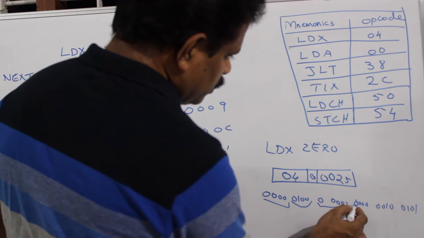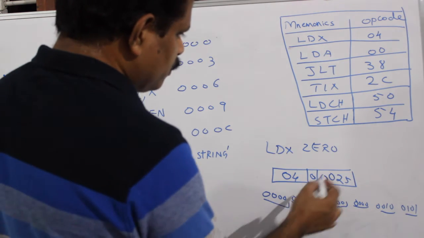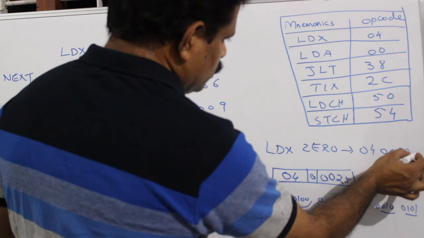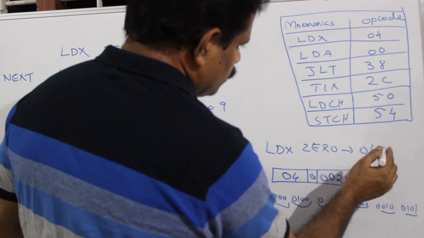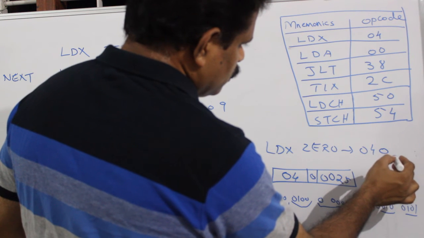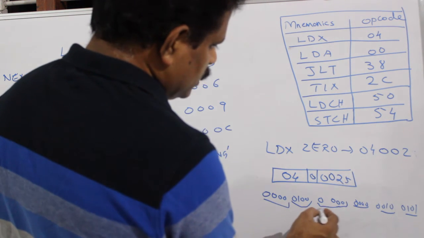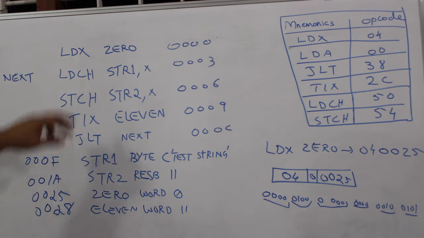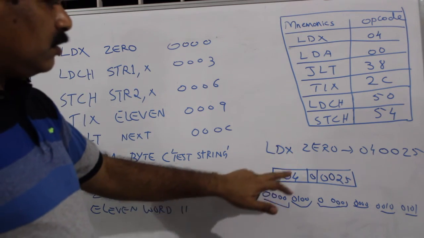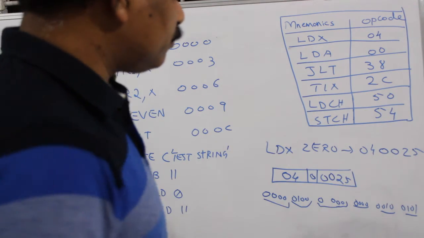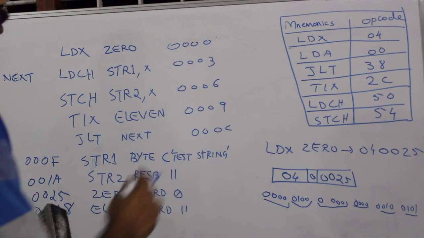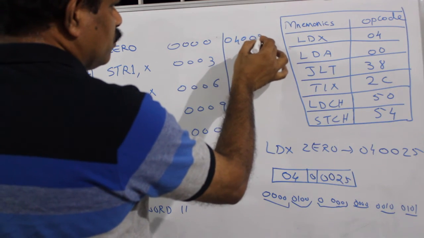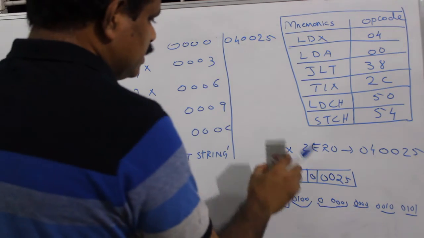So this one forms a block, this one a block, this will form a block. Okay, so it will be 04 0025. The machine code of LDX 0 is 040025. The next instruction is